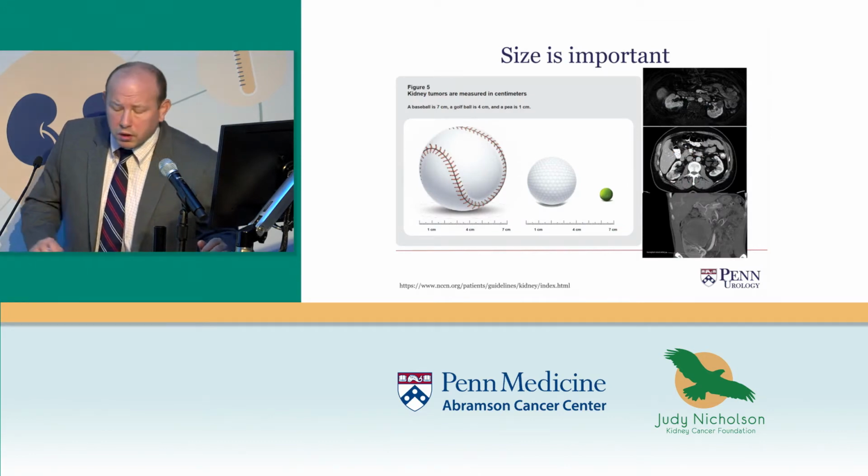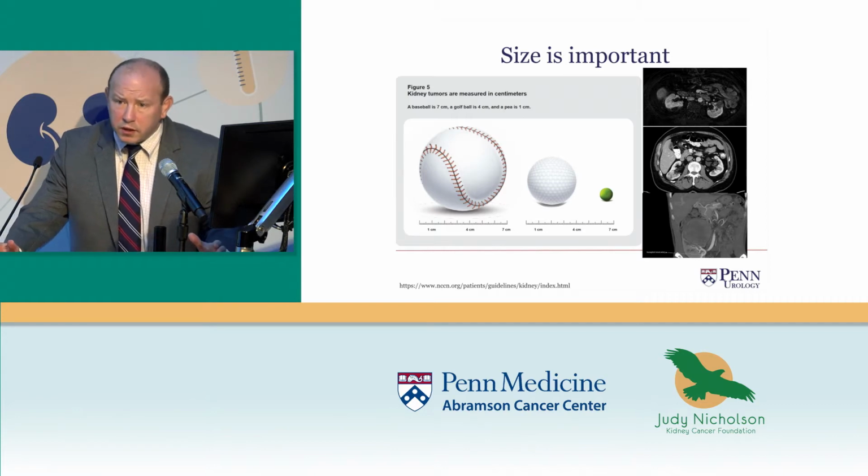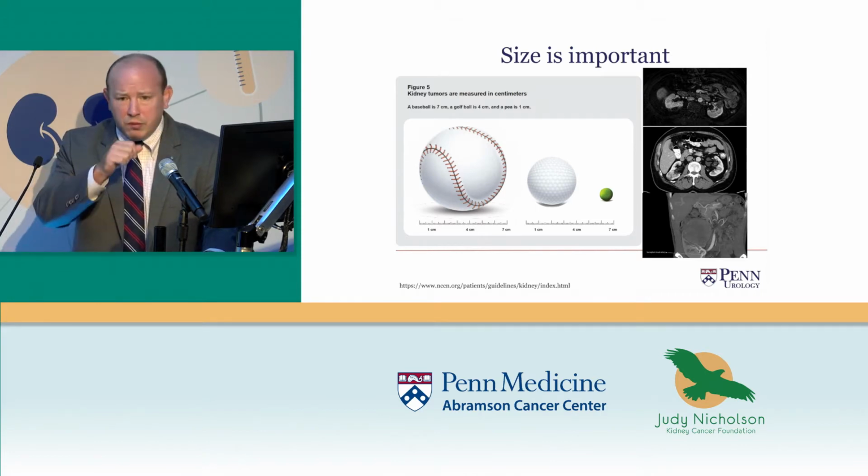Size is important. I tell my patients when I think about renal masses, it's kind of the same way we think about real estate, meaning size and location is really important on how we manage these tumors. And just to put it in perspective,